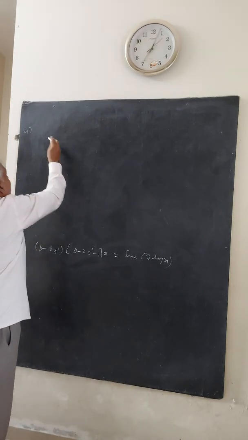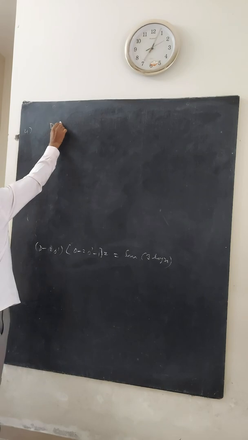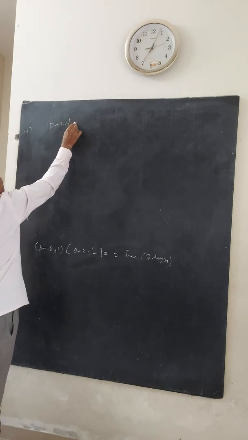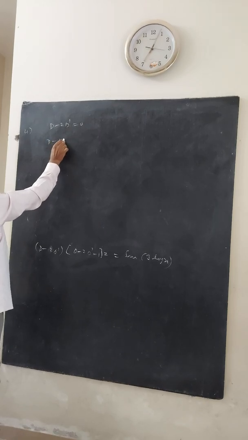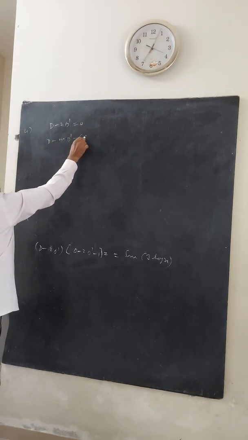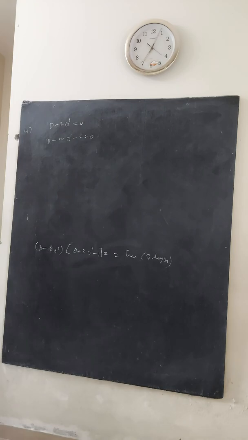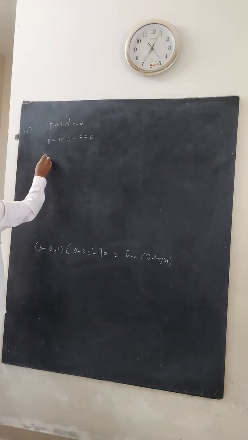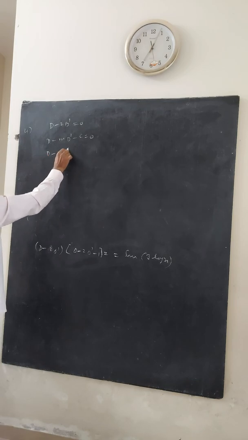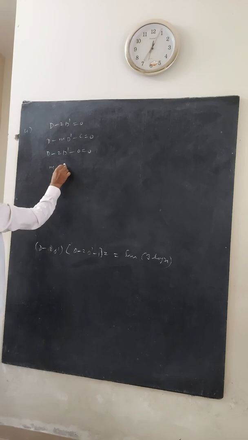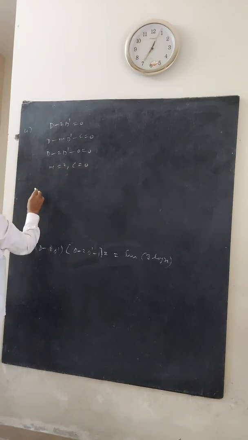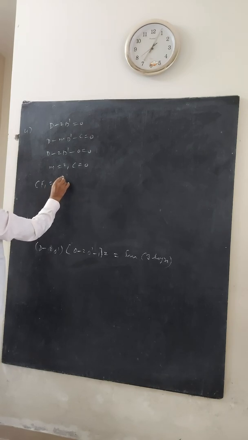Take the first factor, D minus 2D dash equal to 0. Comparing this with D minus mD dash minus c equal to 0, we get m equal to 2, c equal to 0. CF1 equal to e power cu